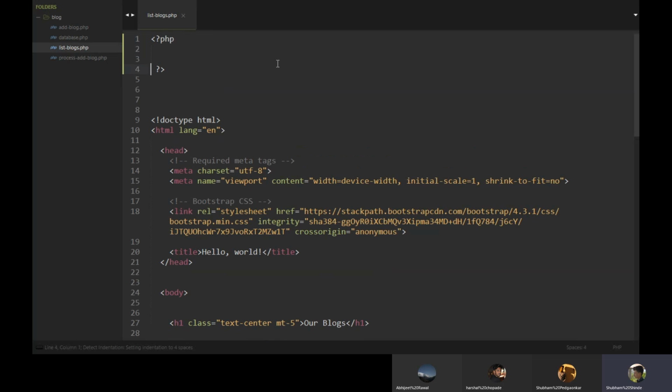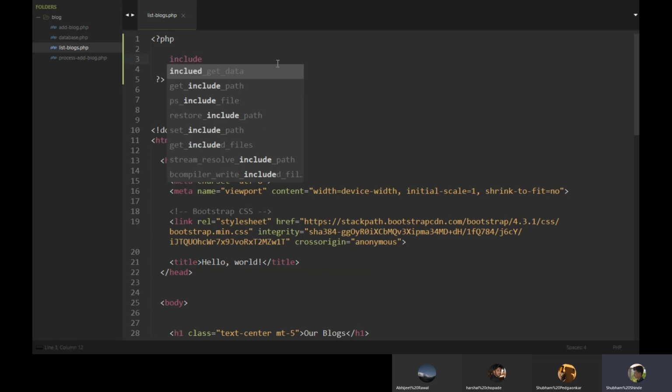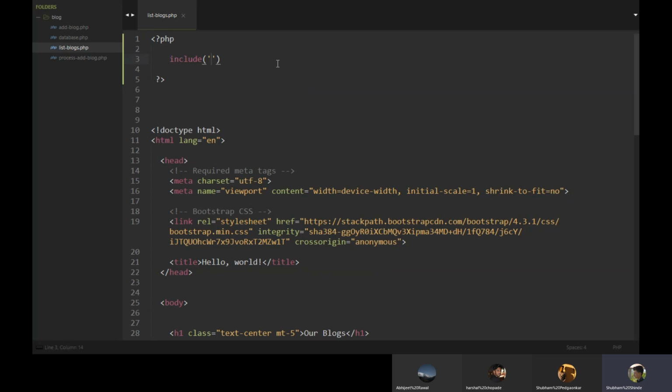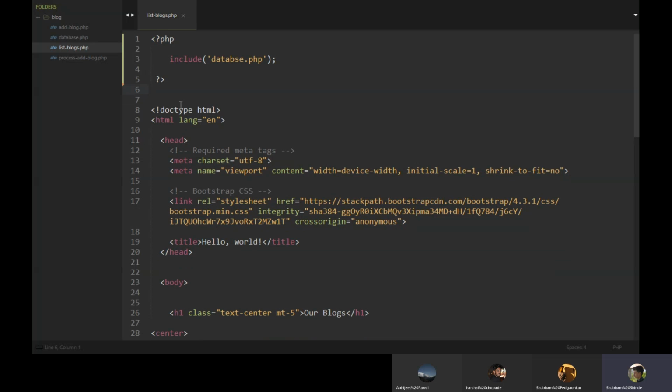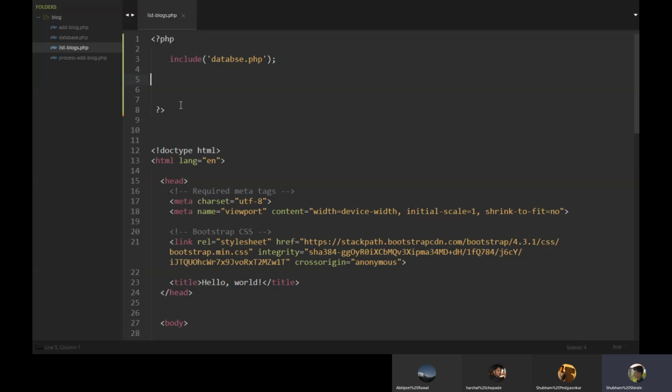PHP, and include single quote database.php, semicolon at the end. We have just included the database, and now we will define a query for fetching all the blogs available in the database.